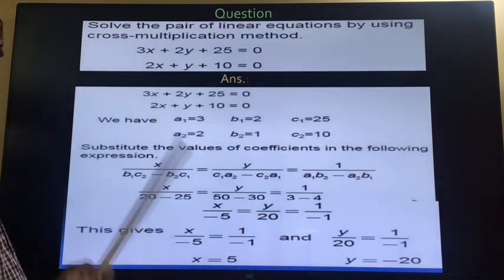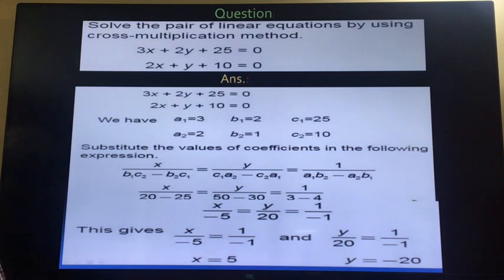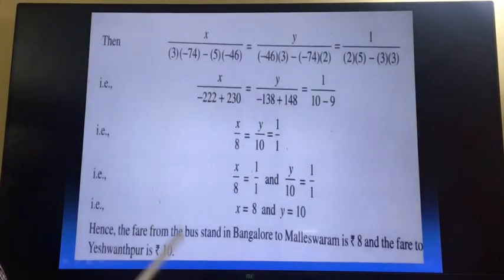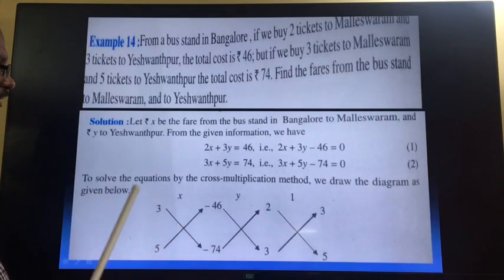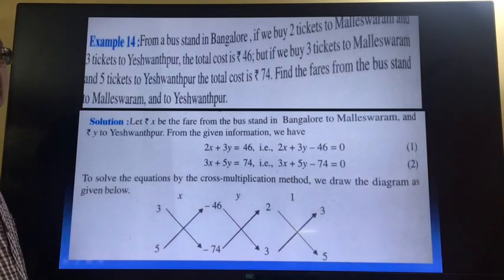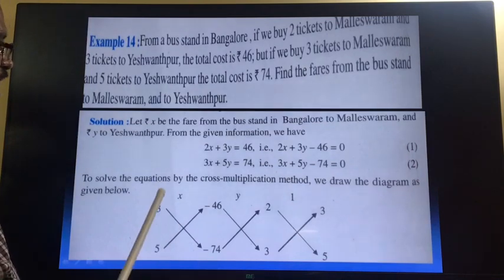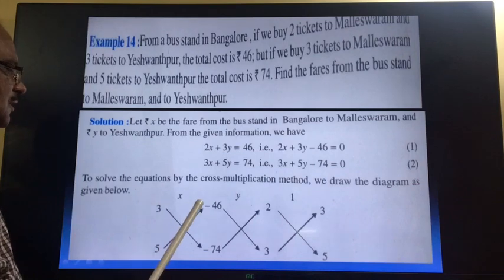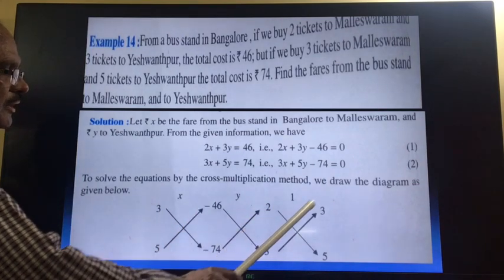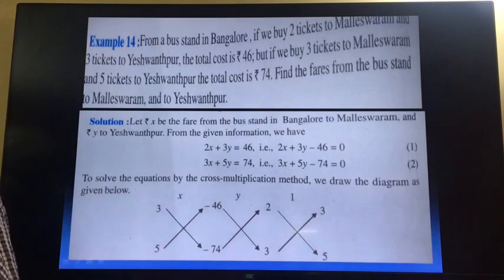So this is by cross multiplication method, right? So I hope and I want that you should use this method. This is more convenient for you. In this case, follow this method. Please note this point. Take this screenshot of this method. Use this method. It will be very easy. You will write B1, B2, C1, C2, A1, A2, B1, B2. Then it will be very easy to get the answer for this.